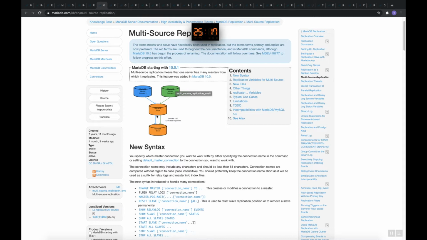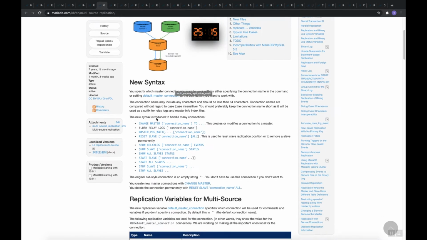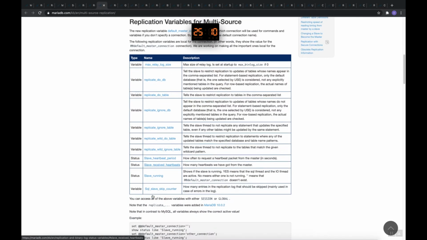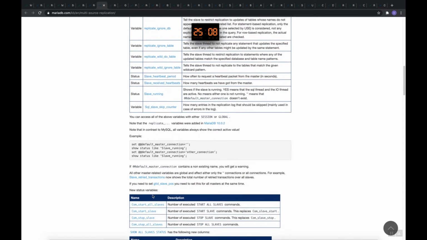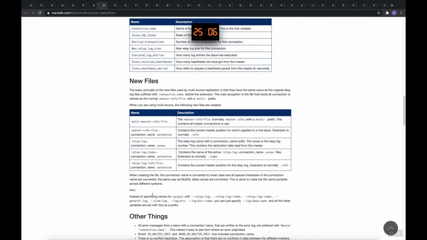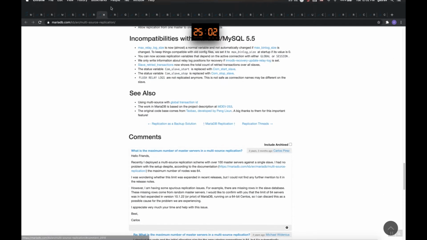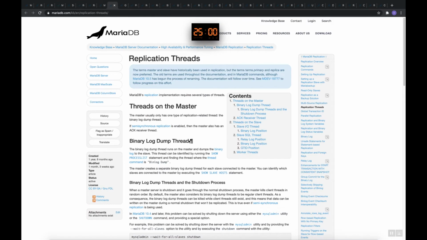In a green gets onto the orange, and then from orange you make a copy. So there are certain syntax and certain variables that you need to set it up, and you have to follow this document. How do you set it up? You do it with the help of this document.